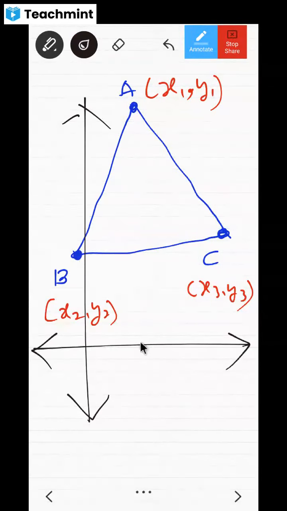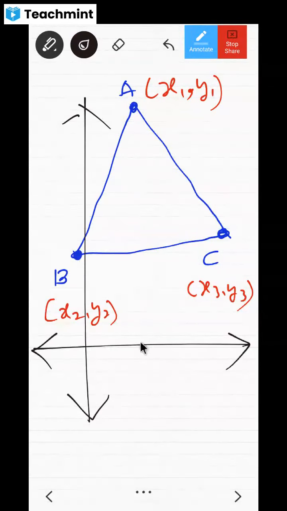Wherever you want, you can name them. No issue at all. So A is (1, 2). Next B is (3, 4). And next C is (0, 3). Correct? So this one I will call x1, y1. Comma also you can give, if you don't give also no issue. x2, y2 and x3, y3. Can I call them like this, dear children?